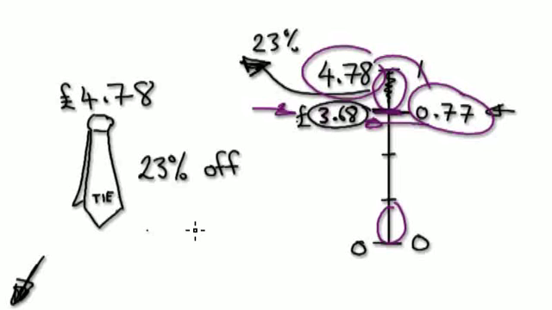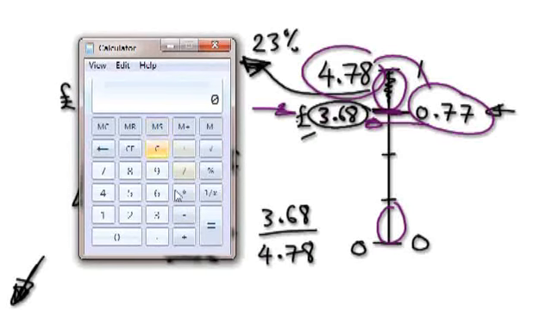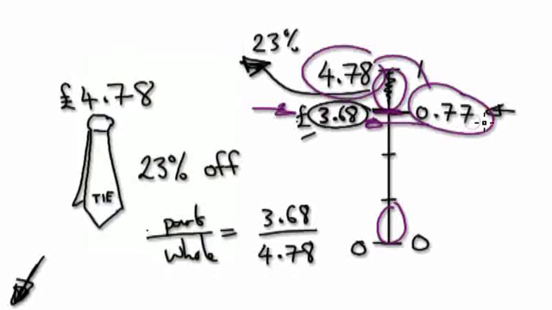Remember that other formula where it's part divided by whole. Well, if you look in reverse, if you get the part here is 3.68, let's divide it by the original 4.78. If you try that, hang on, let me just show you something. 3.68 divided by 4.78 equals. Can you see that it's near the 77% level? So my point is,